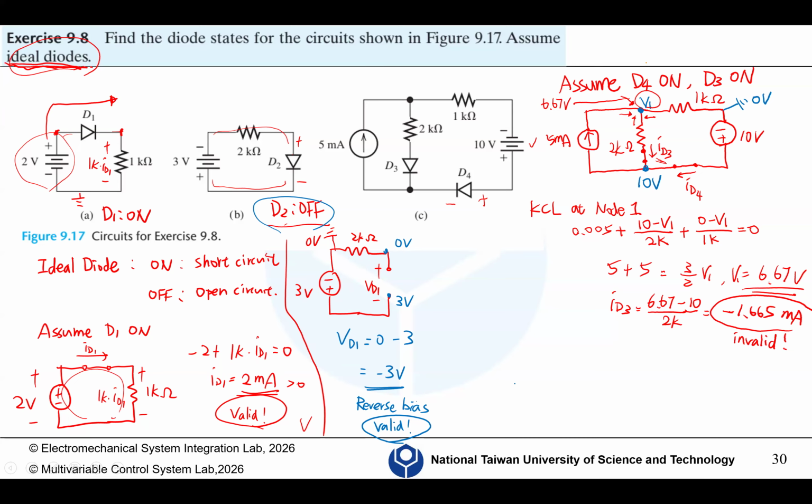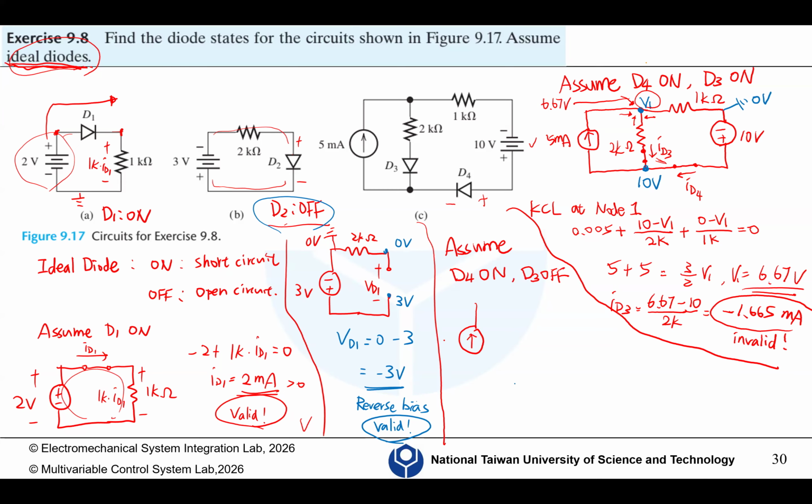Okay, so the assumption is incorrect, and so we need to assume another condition. So we assume, but D4 should be on. D4 should be no problem. So we assume D4 on, D3 off. Okay, so we redraw this